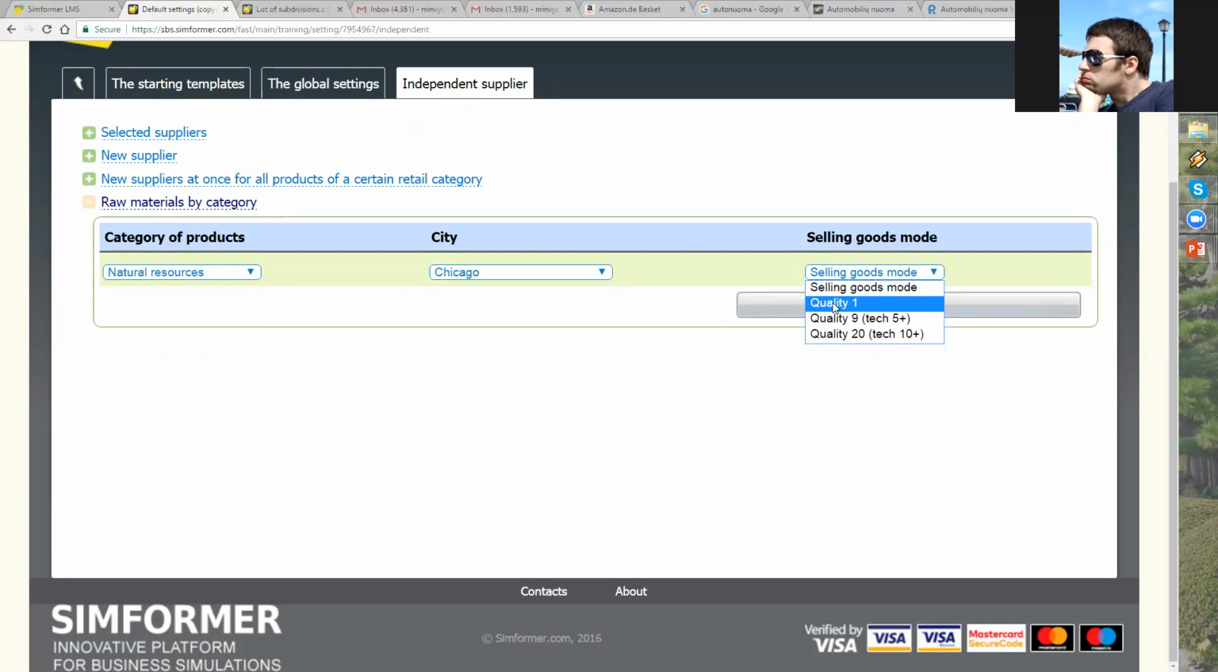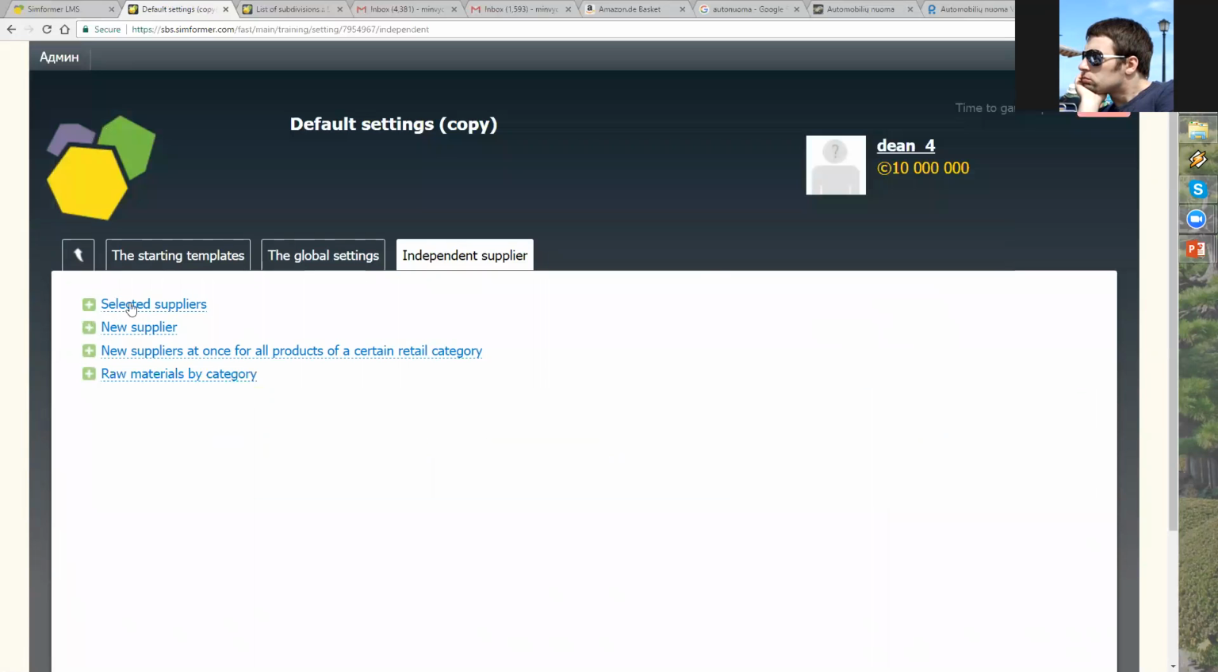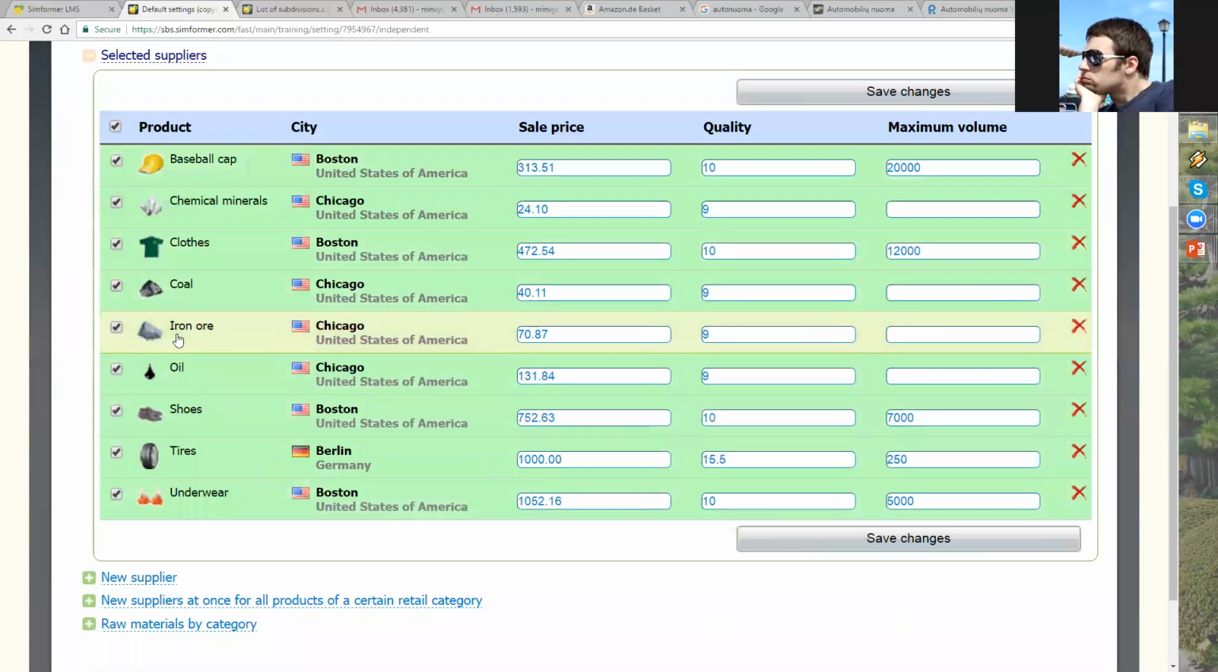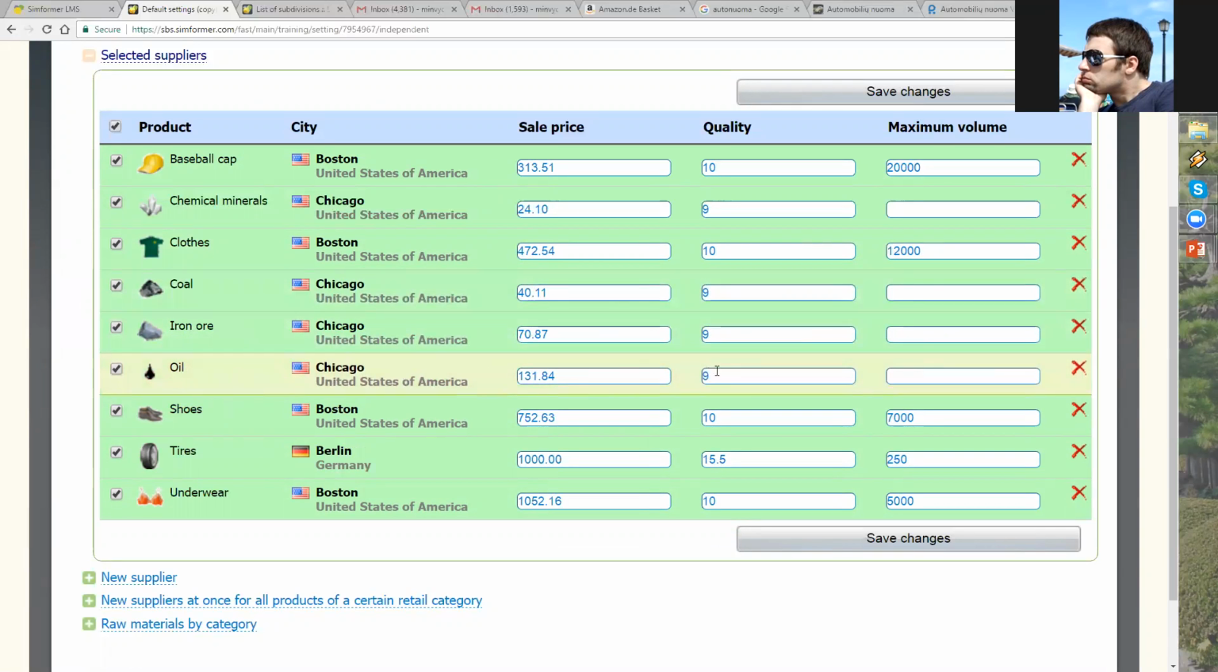Surely, for this specific group, you can create a list of suppliers and only your students of this specific group will be able to see it. And there we are. There's iron ore, quality 9, here's the price. Coal, 9, oil, and also these are free, also chemical minerals, so these are here as well. The good part is that before, it always was closed down. But right now we can